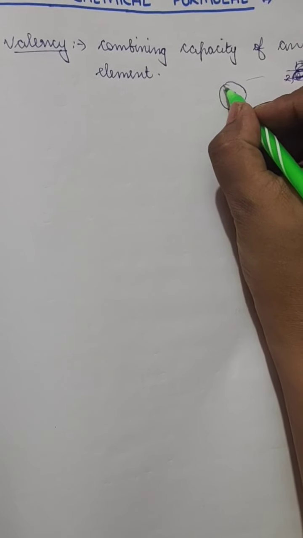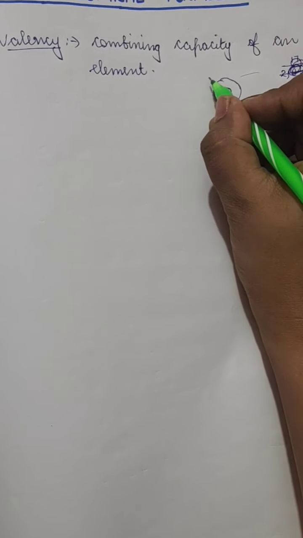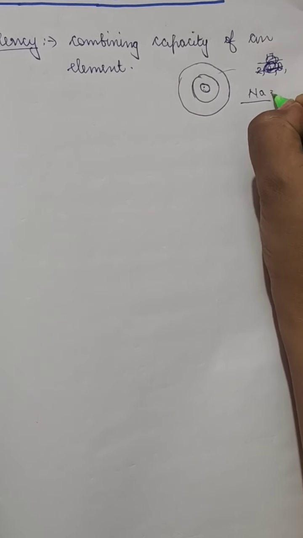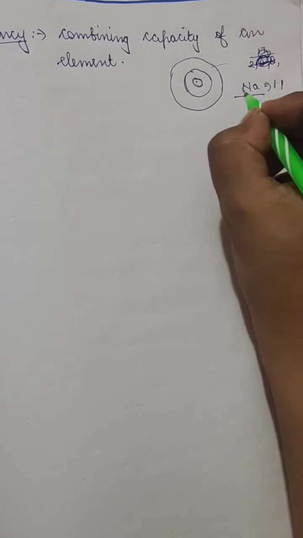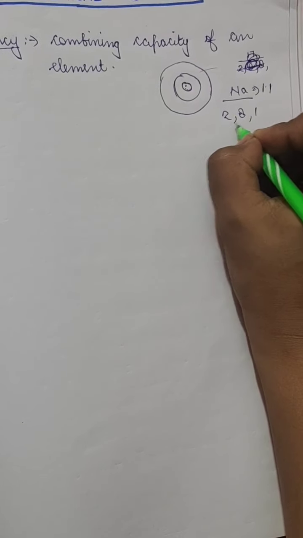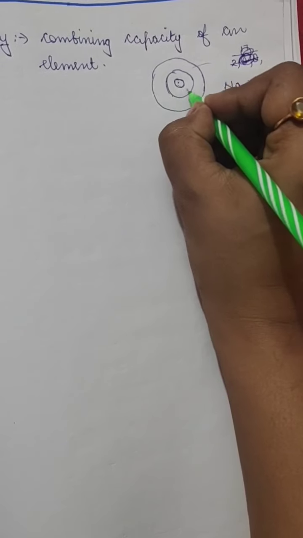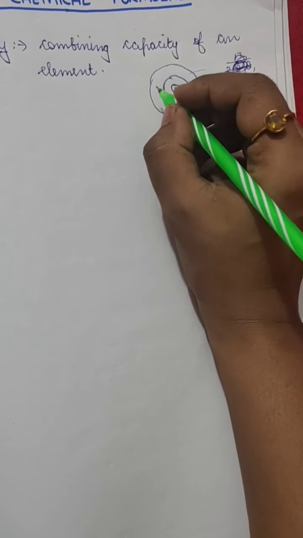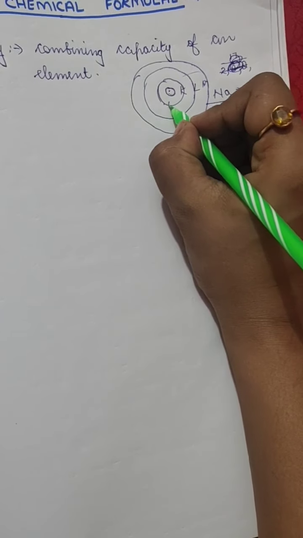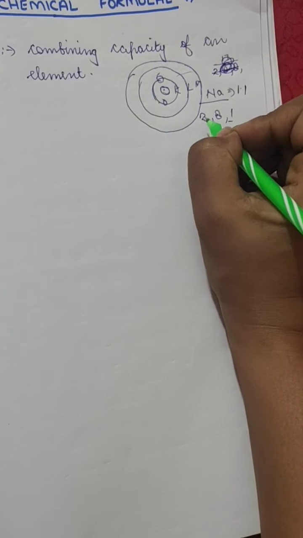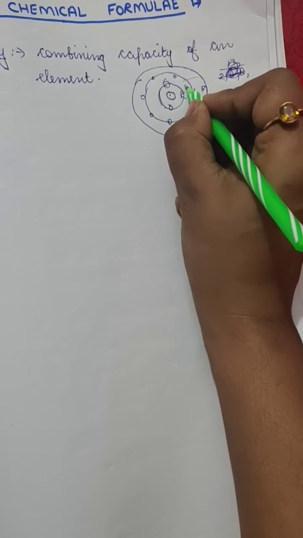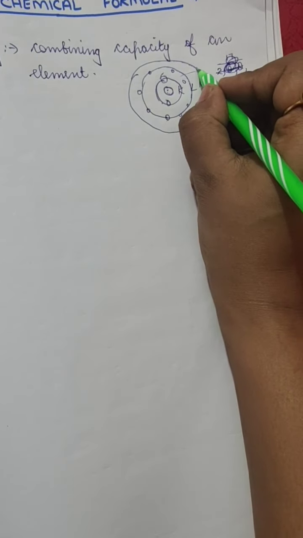Like if we take an example of any atom like this, this is a nucleus and these are the shells. Example, we will take sodium, which has atomic number 11. So the configuration would be 2, 8 and 1. This is the outermost shell. The first shell is called K shell, then L and M shell. In the first shell there are 2 electrons. In the second shell, which is the L shell, there will be 8 electrons: 1, 2, 3, 4, 5, 6, 7 and 8. In the outermost shell it's only 1 electron.